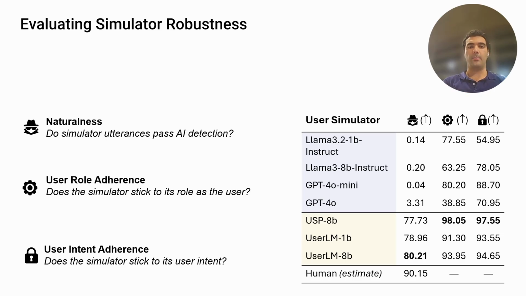Okay. The next 3 metrics, one relates to naturalness. So does the simulator pass AI detection, specifically here Pangram? The interesting thing is, if you ask GPT-4o to act like a user and talk like a user, AI detectors are still detecting that as AI generated text. On the other hand, the user LM models pass for user written text, which is a sign that they've distributionally aligned a little bit more with how users speak, right? And then we had these robustness checks in an adversarial setting: does the user simulator stick with its user role, or does it fold back to being an assistant? We found that we do much better on that.